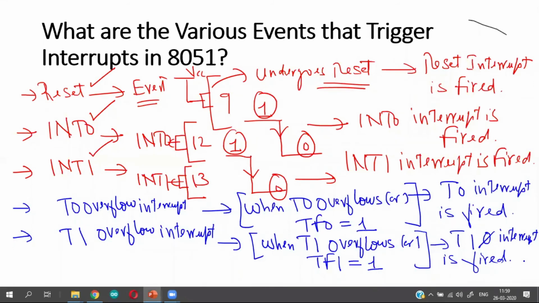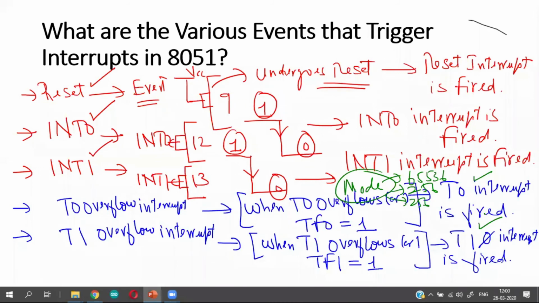Okay, so timer 0 interrupt means whenever timer 0 overflows. When timer 0 and timer 1 overflow depends upon the mode in which you set them. That you have to understand very clearly. In 16-bit mode, the timer overflows after counting 65,536 counts. In auto reload mode, the timer overflows every 256 counts. In split timer mode, again it overflows every 256 counts. So it depends upon the mode in which you set the timer. Irrespective of the mode that you set, whenever the timer overflows, this particular interrupt is fired, provided you enable the interrupt.